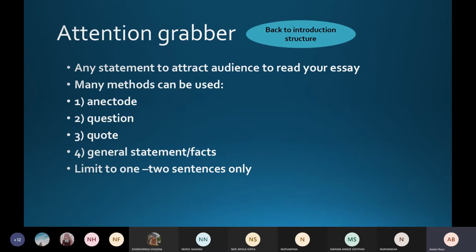Kalau you nak buat ni, jangan banyak. Just 1 to 2 sentence, because you can tulis 25 patah perkataan saja untuk introduction. So untuk attention grabber, make sure paling banyak pun dalam 2 sentences only, right? Don't more than that. Okay, apa itu anecdote, apa itu question, apa itu quote, kita akan tengok one by one. Alright,